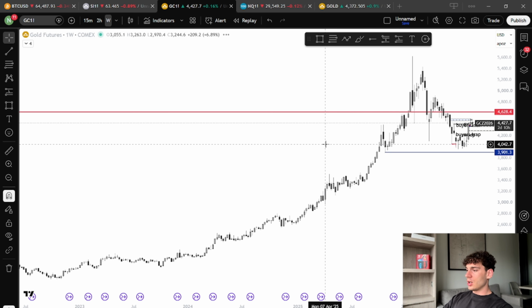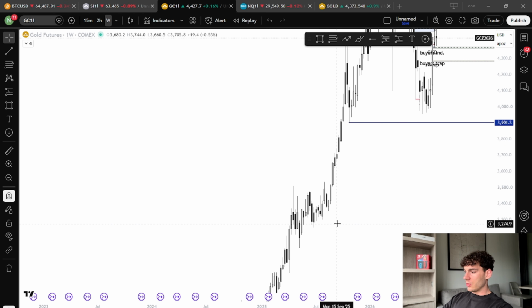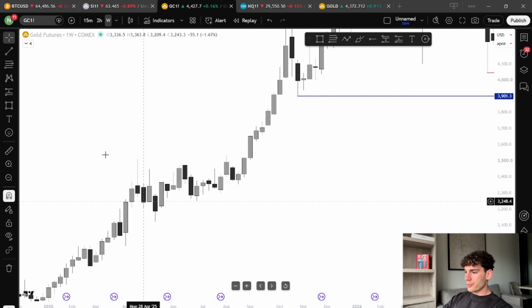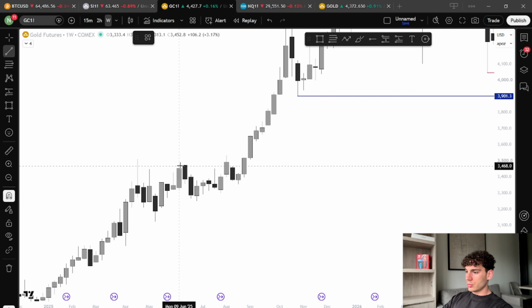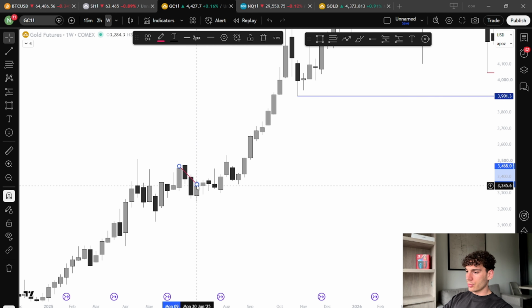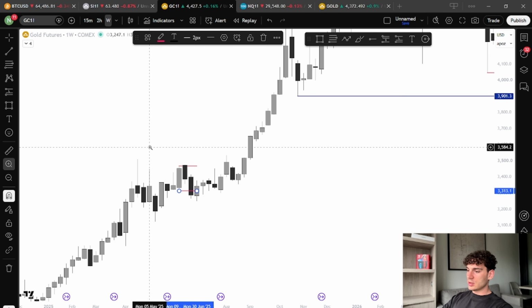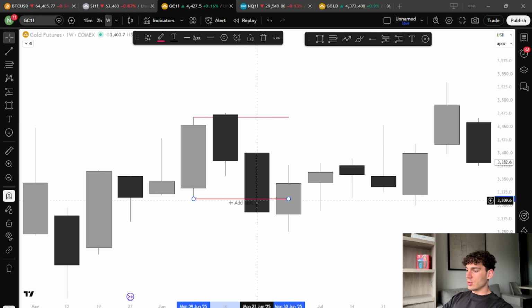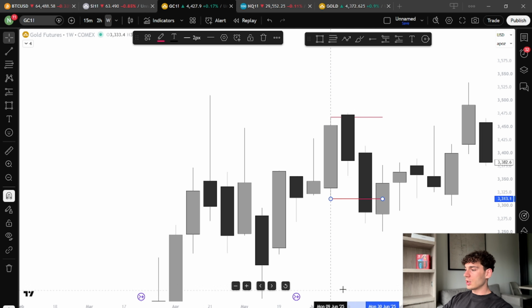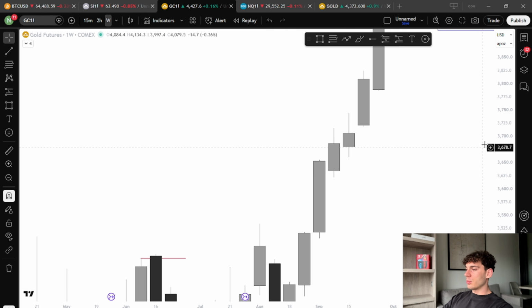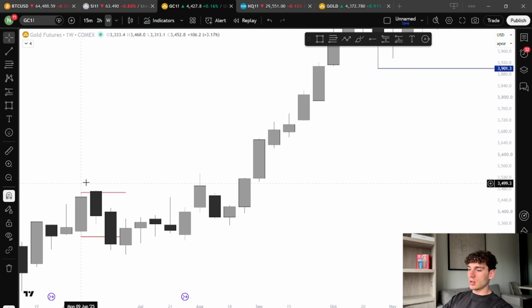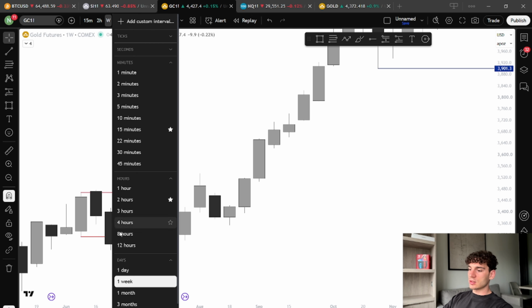You can pick any week, for example here, boom, and then here as well. And you can notice that before price started to go down, it went up, it took liquidity above the previous week high, and then started going down, took the liquidity below it, and then after that it started going up. So you can see that price gravitates towards these levels,